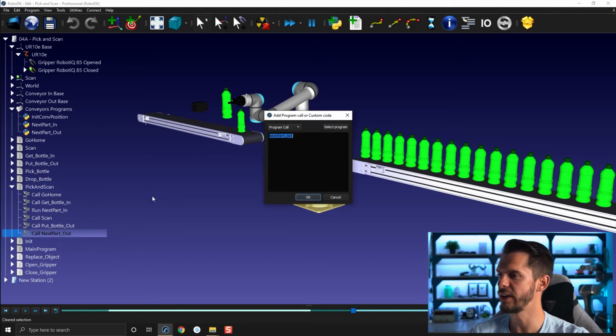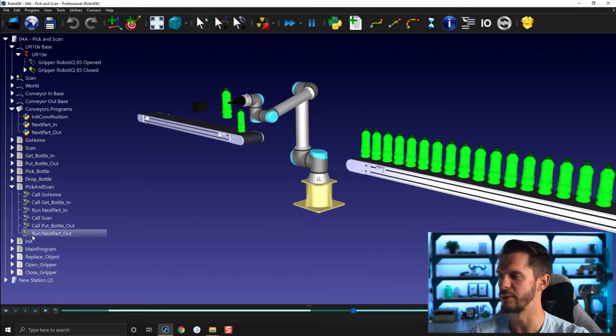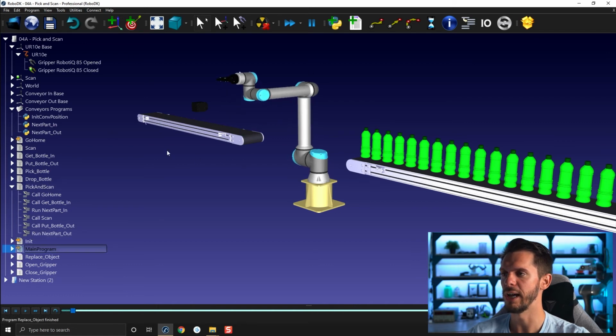I can modify in here, come here, select the drop down menu and select start thread. Click OK. We can make sure that the notification occurred the way we hoped for. So we can see the run here, run next part out. If I run the main program, we have the init first.